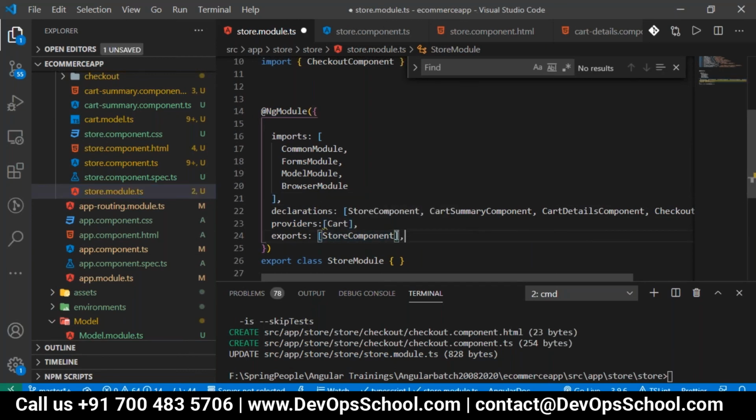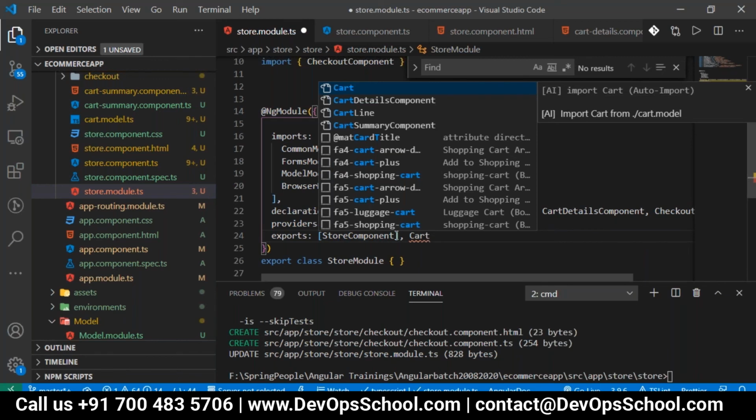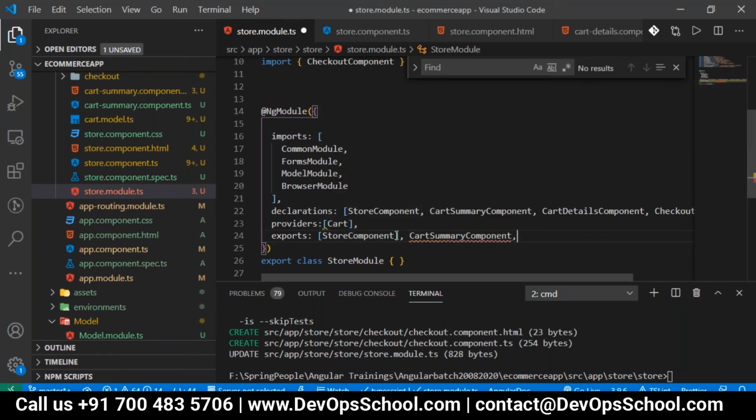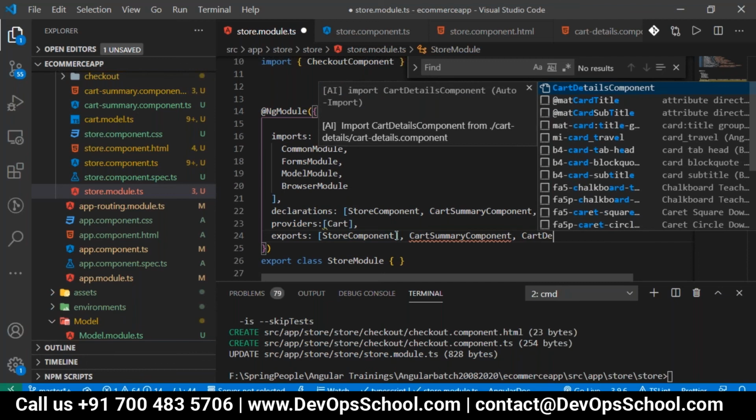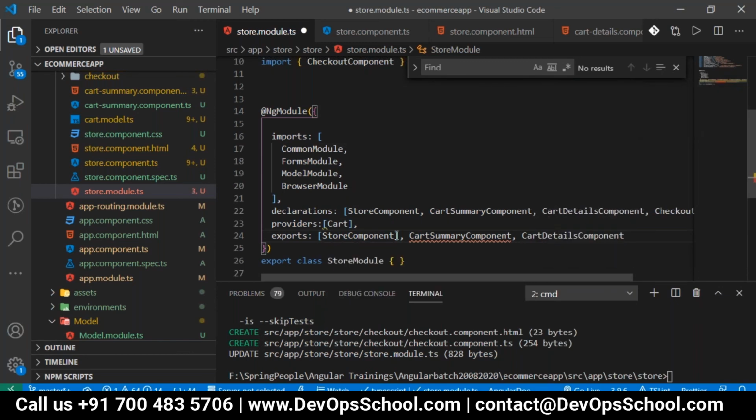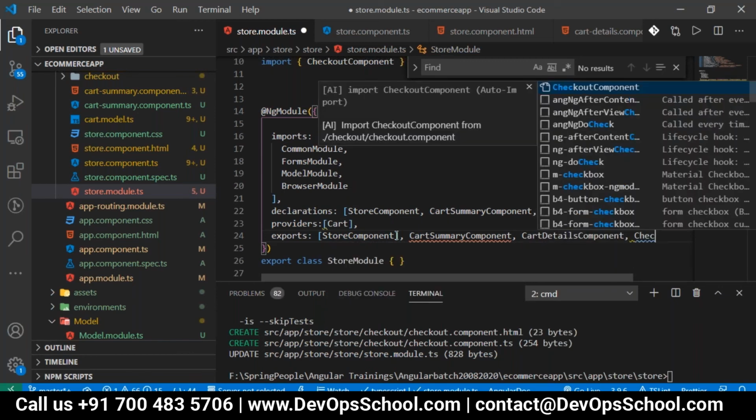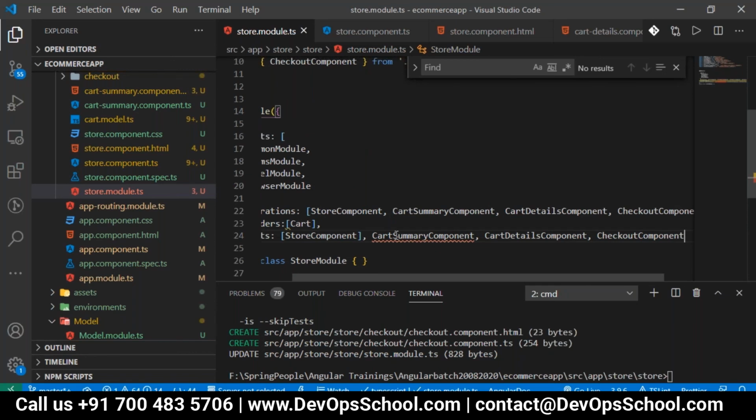Like here, card summary component, card details component, and then checkout component. All these components should be exported to be accessible outside. So it is done with all the code which we want to write.